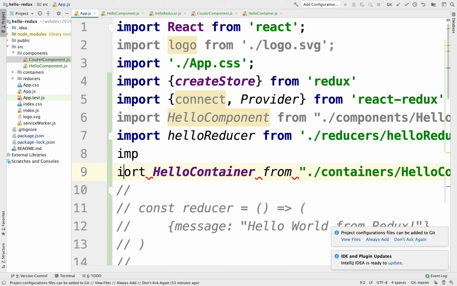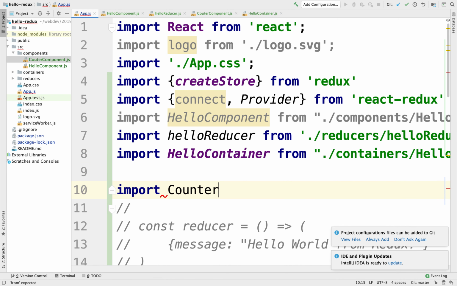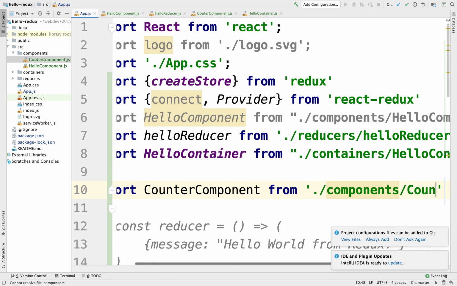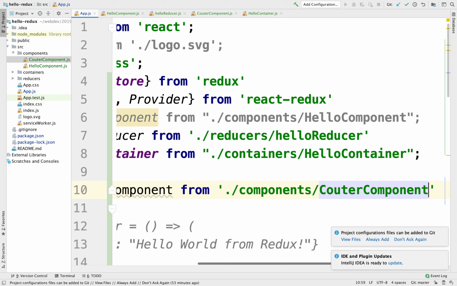So this will be import the counter component from down to components, and then counter component. Counter, hello? Oh, did I misspell it? I did. All right,